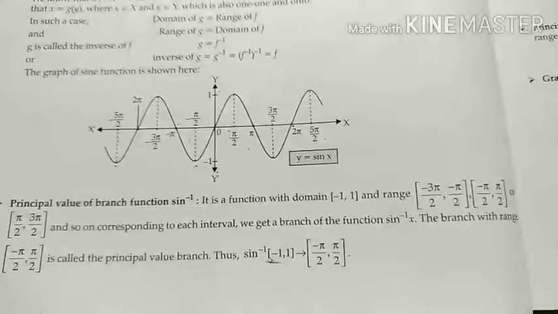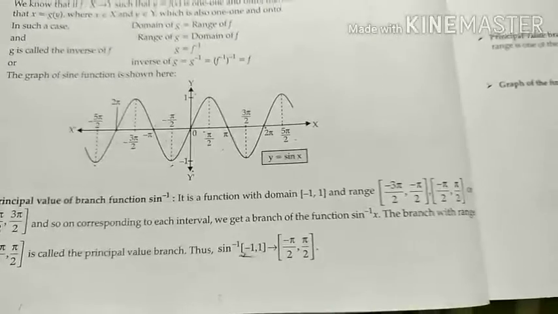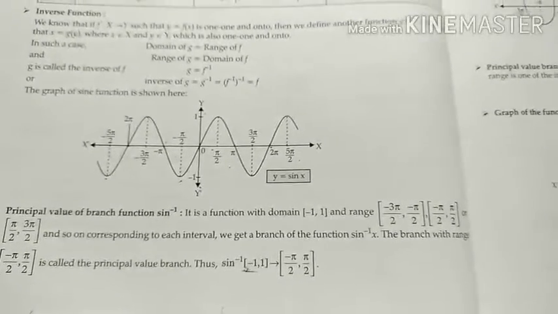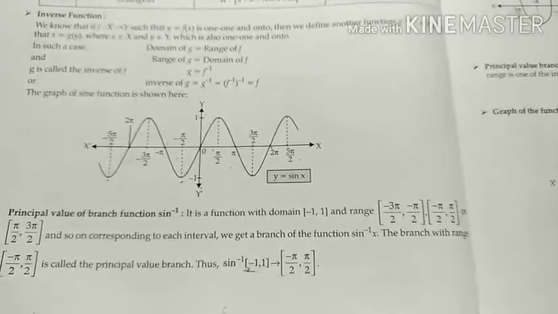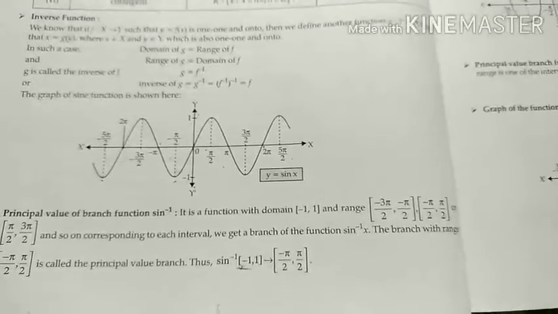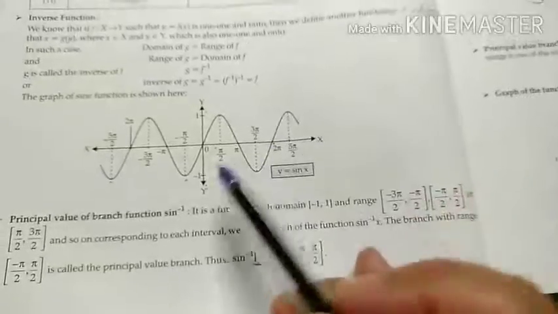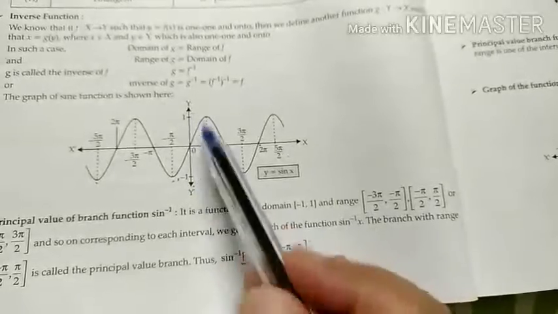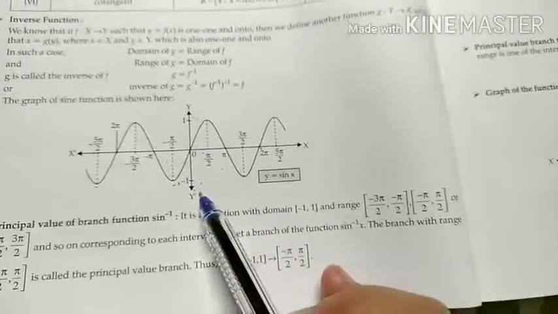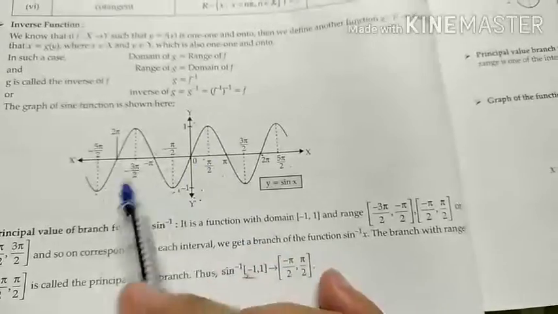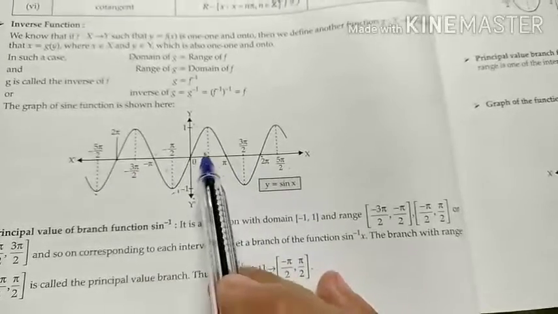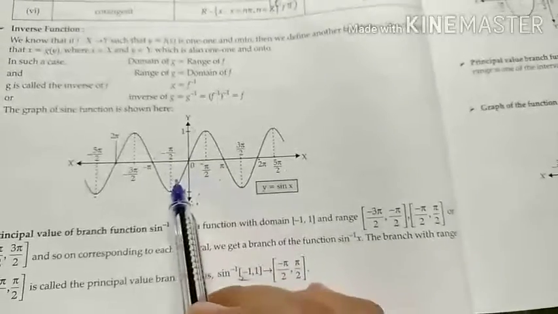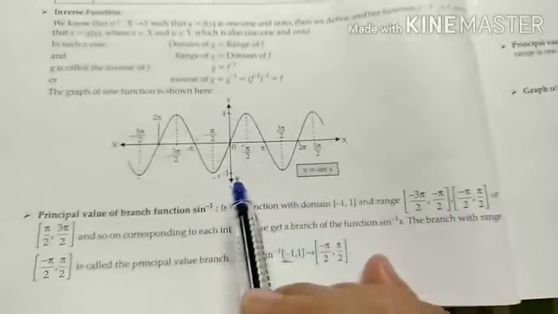Principal value means whatever answer you get after the table, like here in the domain and range. Domain you consider as the independent value, range you consider as the dependent value. I already told in the group also, after getting the value like this, if I go with the principal value of sine theta, the principal value of sine theta lies between 1 and minus 1. So the range of sine theta is 1 to minus 1 and the domain is minus pi by 2 to pi by 2. So that is considered as the domain. That is the angle. And after substituting the angle, whatever value we get, that we consider a principal value.